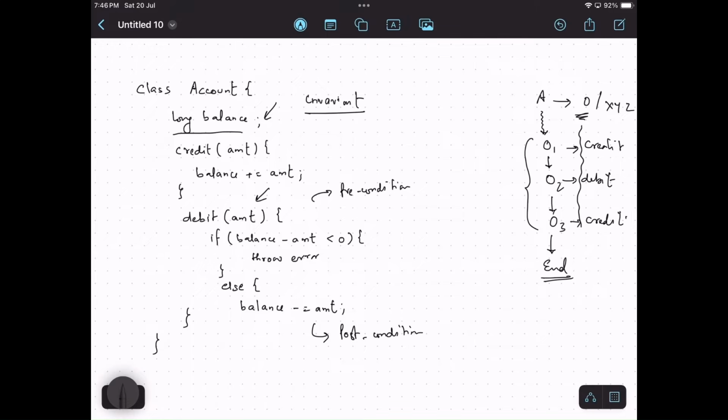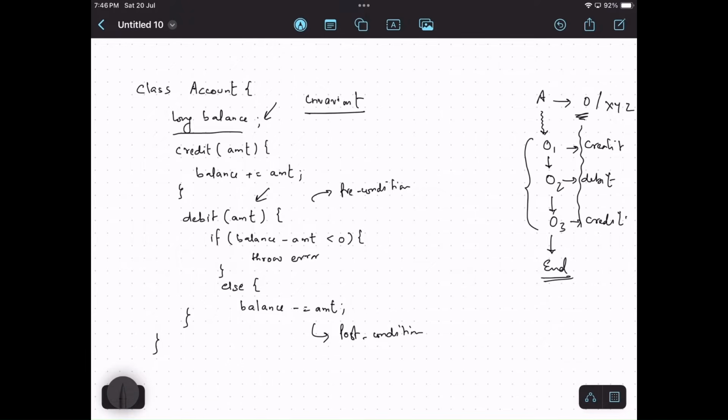So it will be something like, let's say if we execute this method and the precondition was the amount should be greater than 0, all right? Now, if the amount is greater than 0 and if we call this method, it will complete its execution. Then the post condition, the expectation is that the balance after the deduction, after the debit operation should be greater than or equal to 0. It should not be